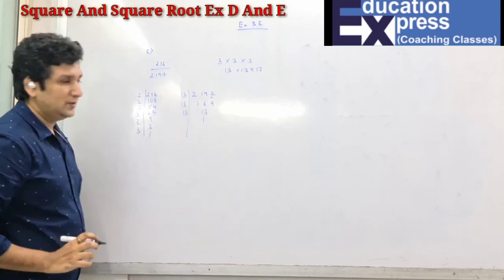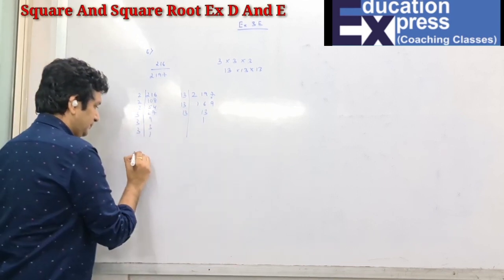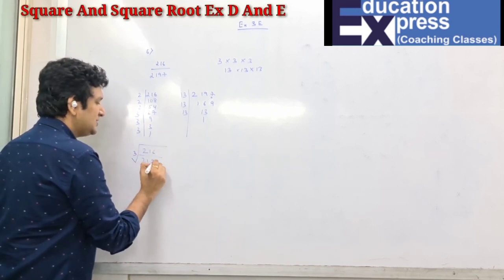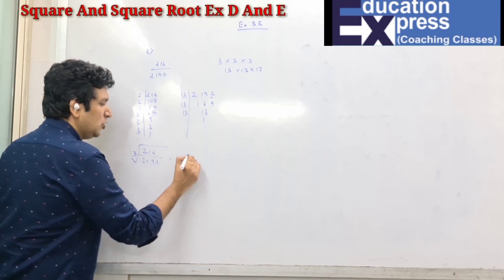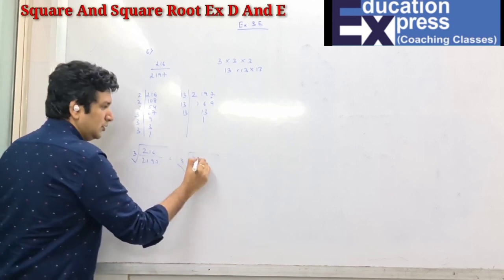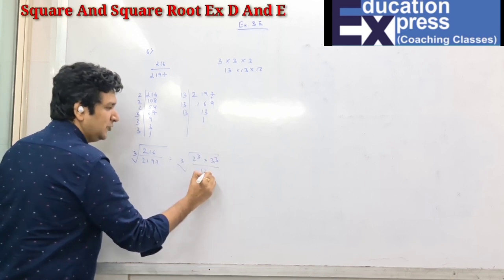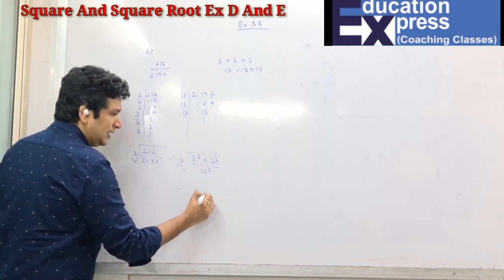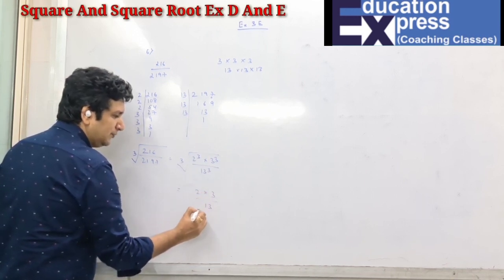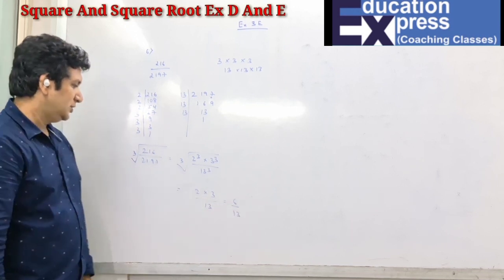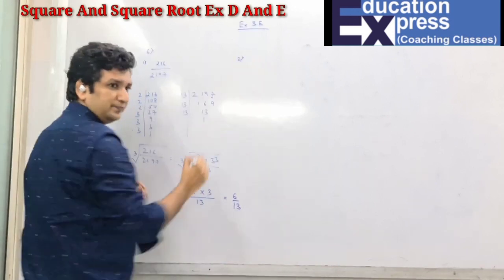Yeah, it is possible. So now the cube root of 216 upon 2197 will be the cube root of 2 cube into 3 cube upon 13 cube. So when I take the cube root, I get 2 into 3 upon 13. The answer is already in proper fraction. So we can give the answer as this.